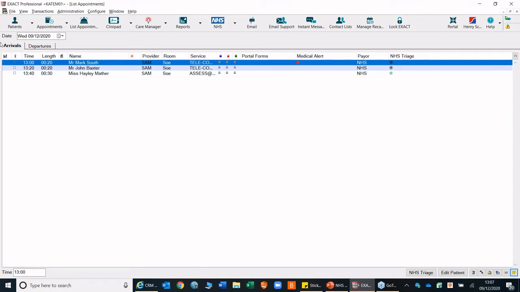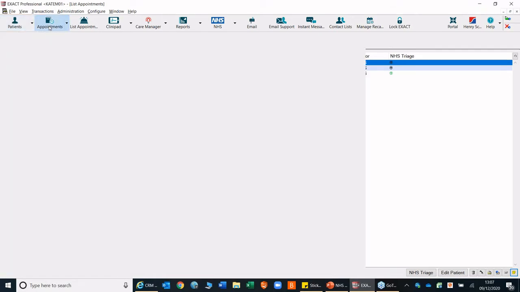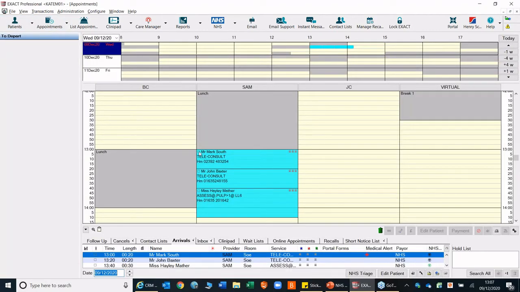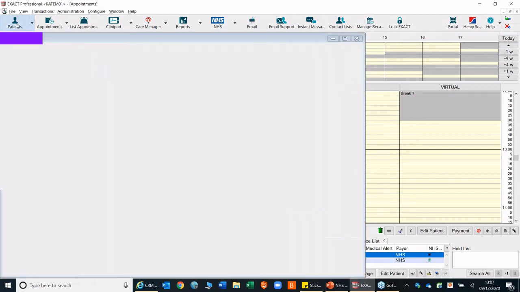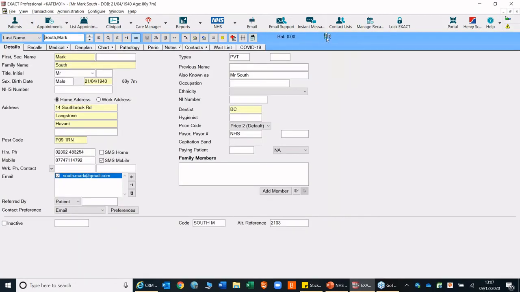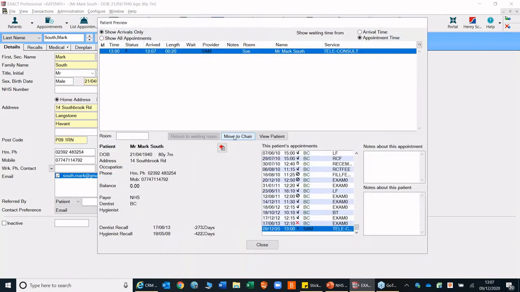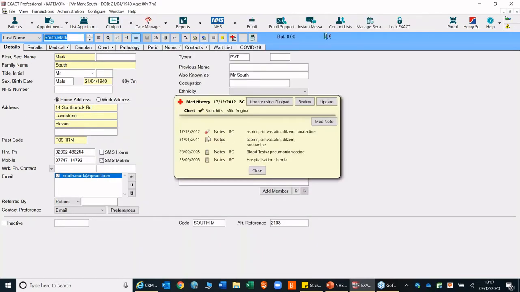However, we suggest that you actually do your charting from the patient's chart screen. So if the patient is marked as in on the appointment book, as they normally would be, you will see your patient arrive at the door. Move your patient into the chair how you normally would, because this will actually time how long you're on the telephone to your patient. When you go into your chart screen,